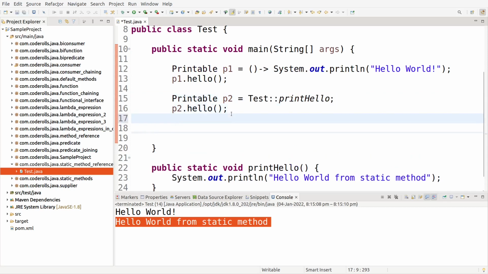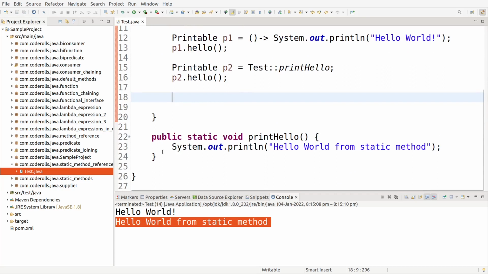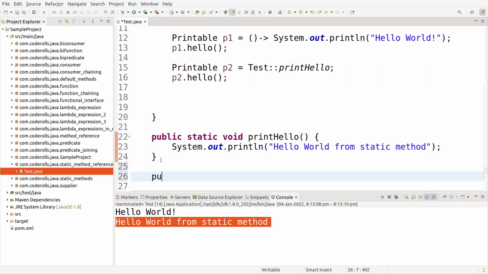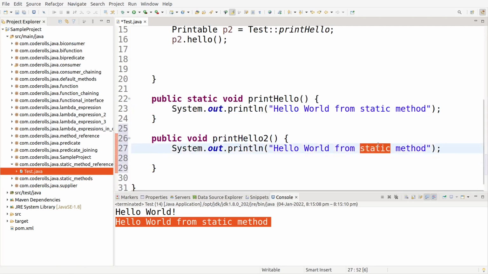Now let's say my Test class has one instance method. I will create it, public void hello2. This method also does not accept any argument, and it has a similar sysout statement. Instead of static, we will write instance here.